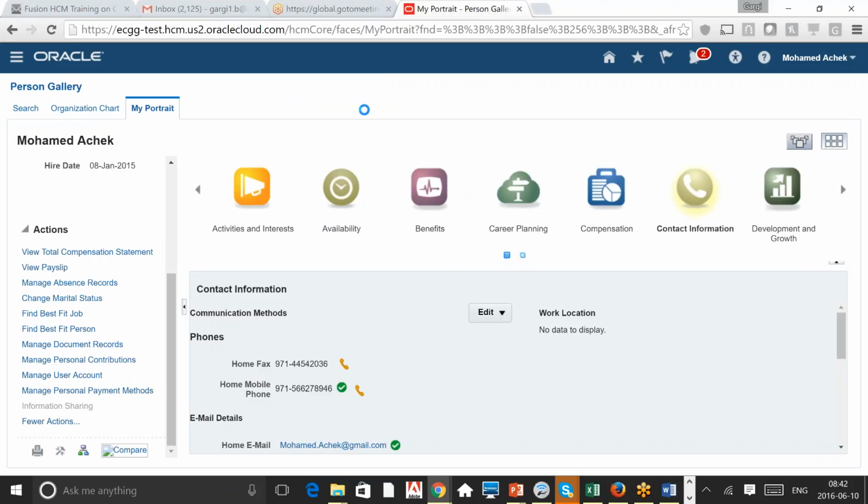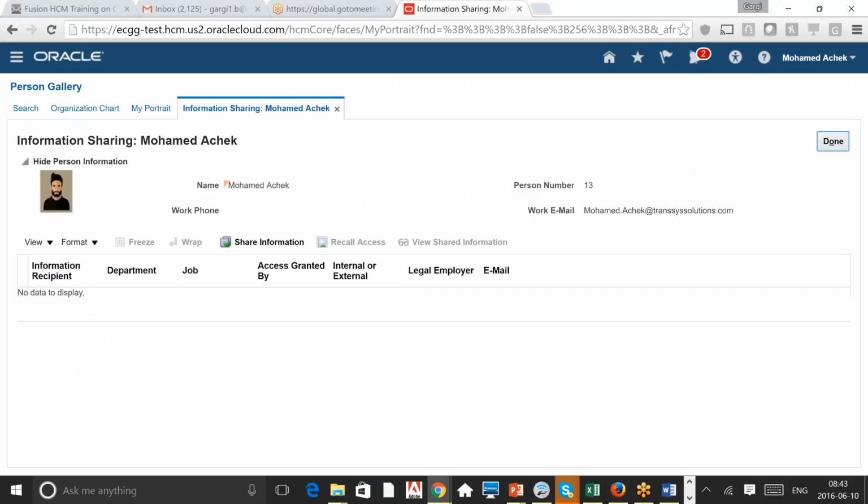Information sharing is a useful feature. Employee can share his own information, like his personal details, his job details, with external as well as internal people. So most of the time, if we request a bona fide letter from the HR, like what kind of job we are doing, what is our salary, and we need that letter for the bank or the mortgage. Now, if you use this information, then you can actually share these details with a third party or somebody outside